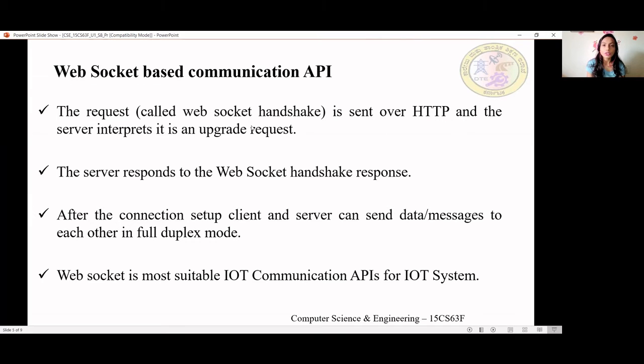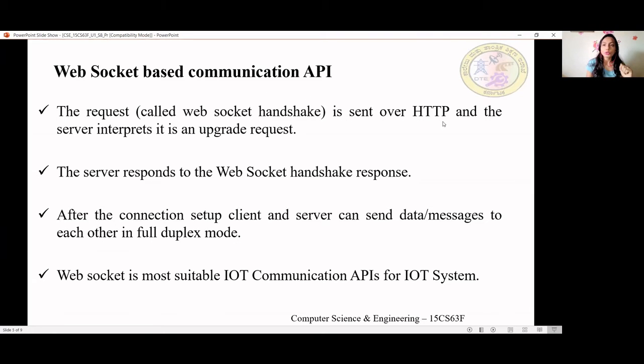The request is known as WebSocket handshake. Why is it called handshake? In a normal request, the client will send the request, the server can send the response, but it need not acknowledge. Here, for connection close or anything, it has to acknowledge. So that is known as handshake.